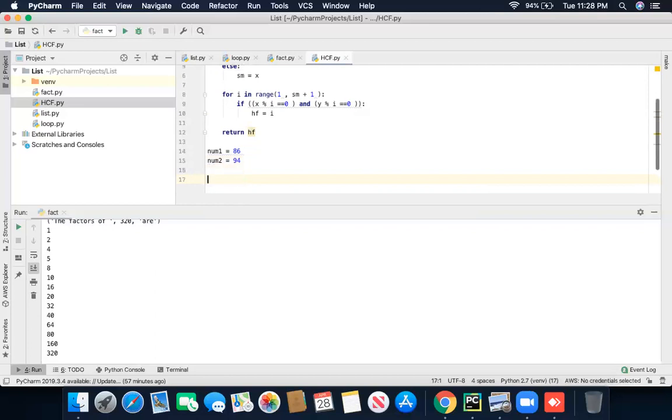Now I'm going to use print, the HCF is, comma, HCF.